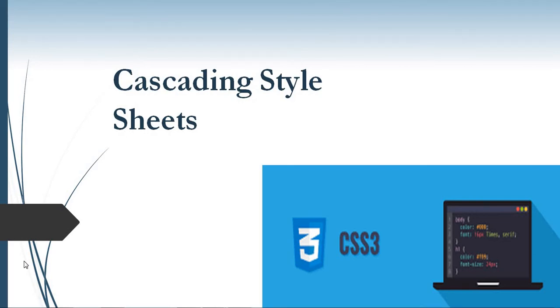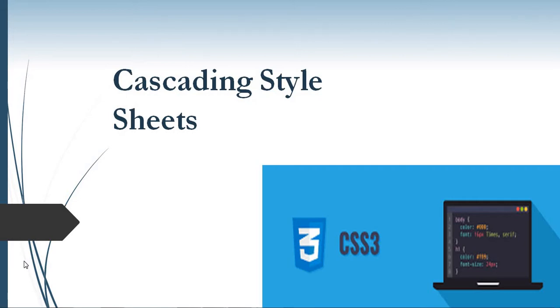Now our next concept is about CSS, that is cascading style sheets. It is used to format the layout of a web page. With CSS you can control the color, font, size, text, spacing between elements, or you can say how elements are positioned, which background images and background colors are to be used, different displays for different devices and screen sizes, and many more.